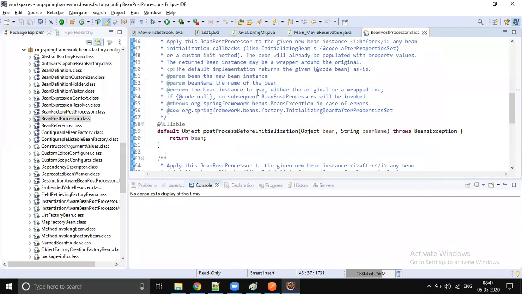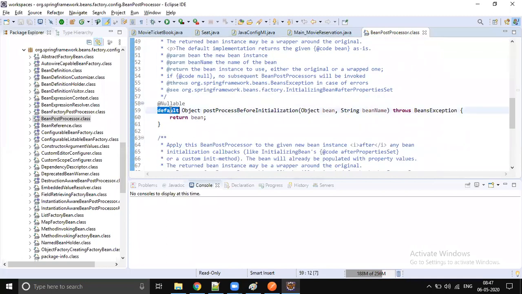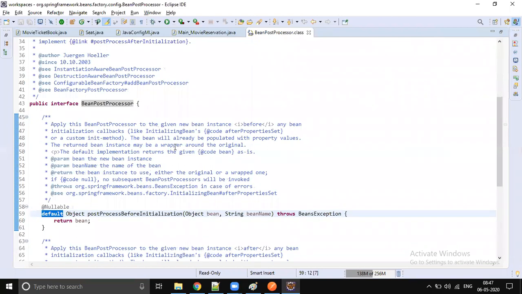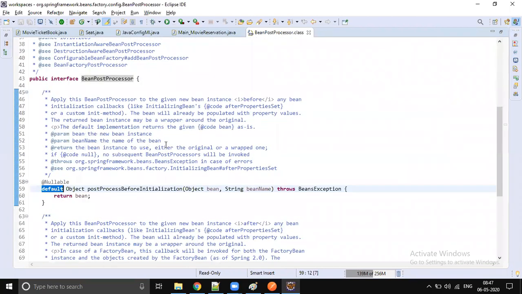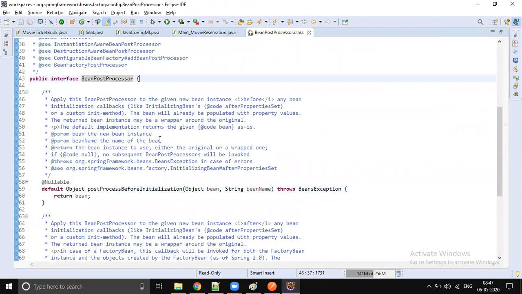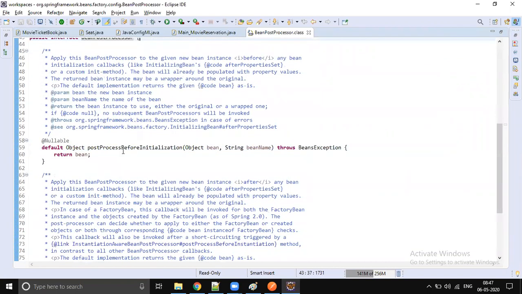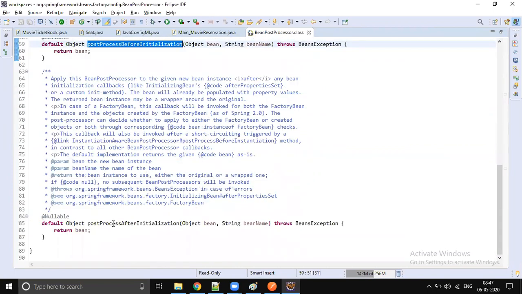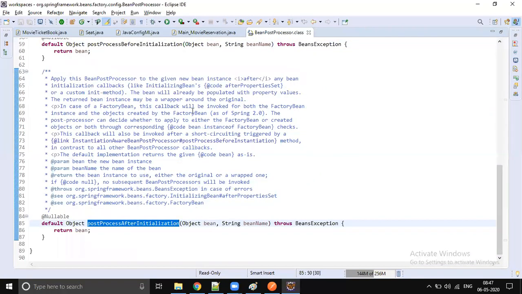It has two methods. Before Java 8 these were abstract methods, but after Java 8 this changed. Now these methods are converted into default methods. So there are no abstract methods right now, and you can consider this a marker interface. But it has two methods: postProcessBeforeInitialization and postProcessAfterInitialization.